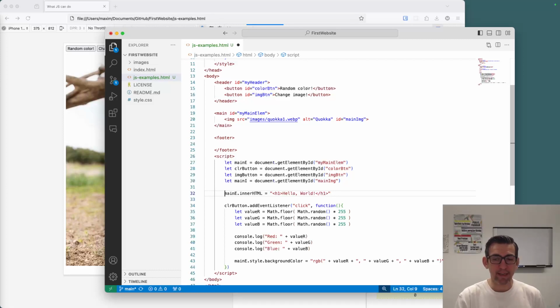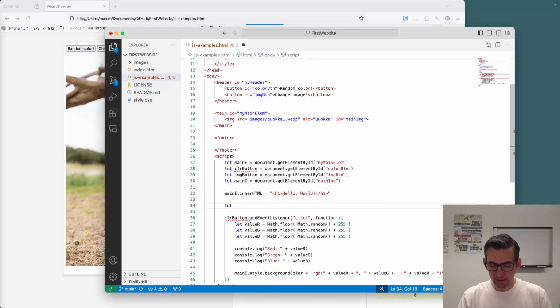So rather than saying that is going to be the inner HTML of my main element, I now need to say, okay, I want to create an H1 and append it to my main element in such a way that it actually sits above the image. Let's say we're going to create a new element first. So I'm going to say something like this: let new header